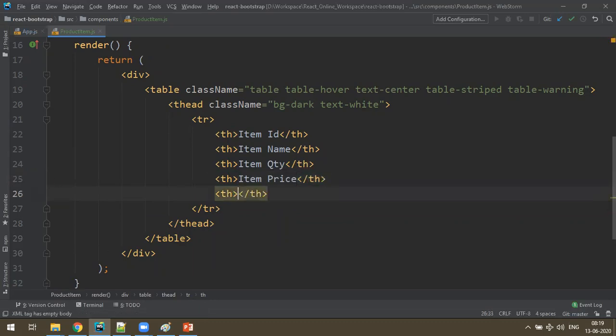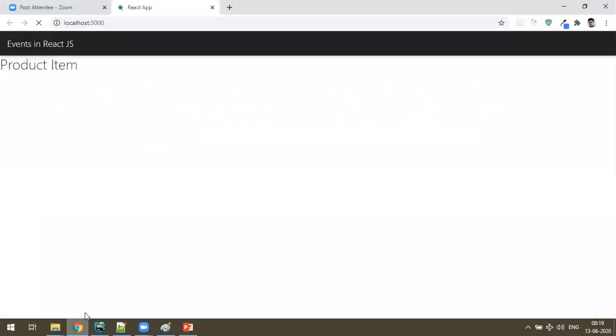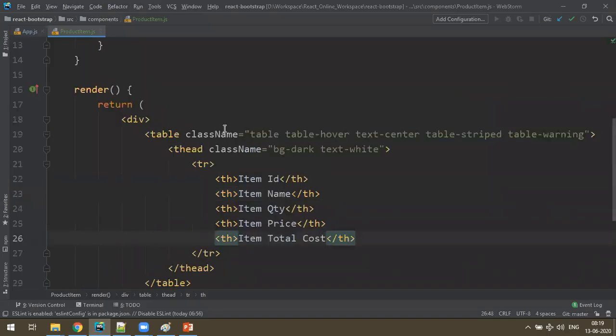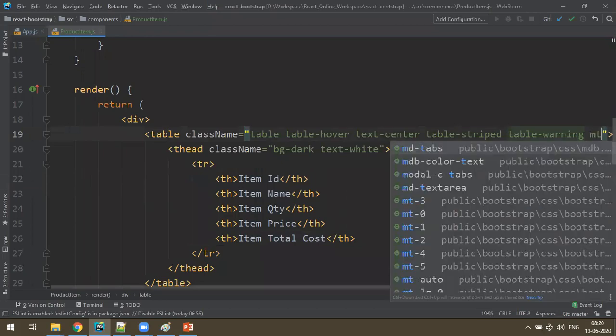One more we'll make is total cost. So let's check what happened. Okay, but there is no margin top. We can take it with the table itself. Actually, you can keep the table inside a container, but that's okay. Let's take margin top 3.